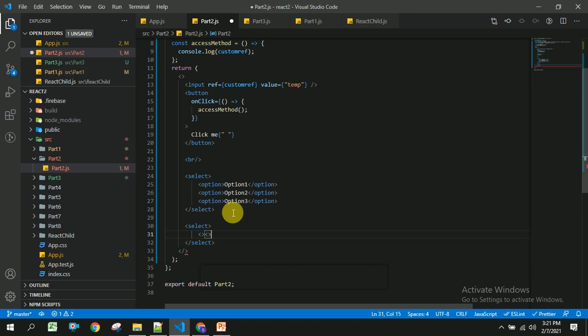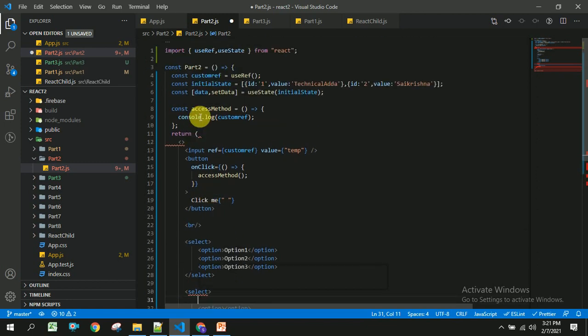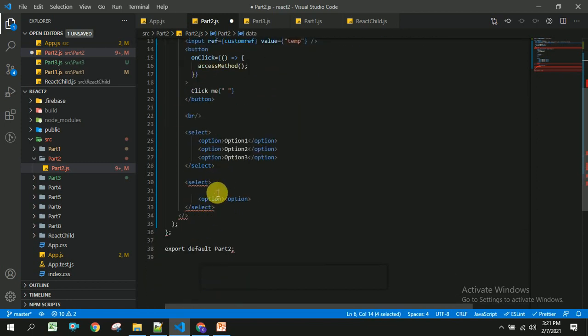To this select, I am going to add options, but before that we have to use data.map of data, or anything, and index.